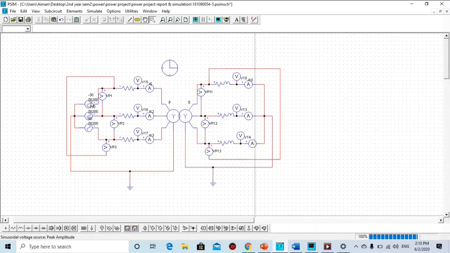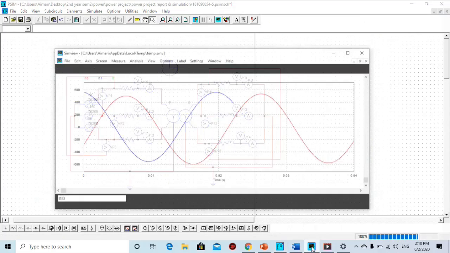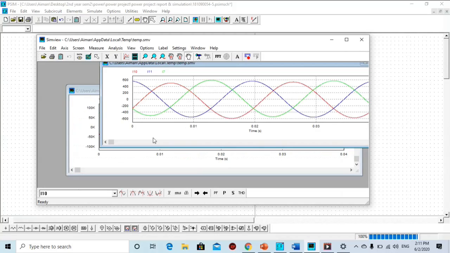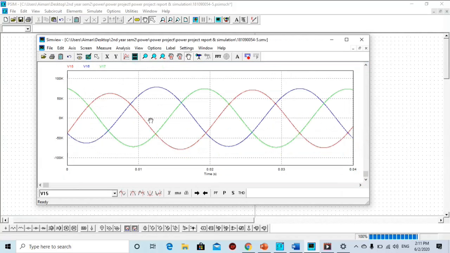And for the simulation, this is the circuit that we constructed using PSIM, and these are the values we get for the current. We get for the I line for each phase of the load 563.30 ampere, which is the same as our calculation. And for the V phase, we get 76.21 kilovolt using our calculation, and when we did the simulation we got the same values. And